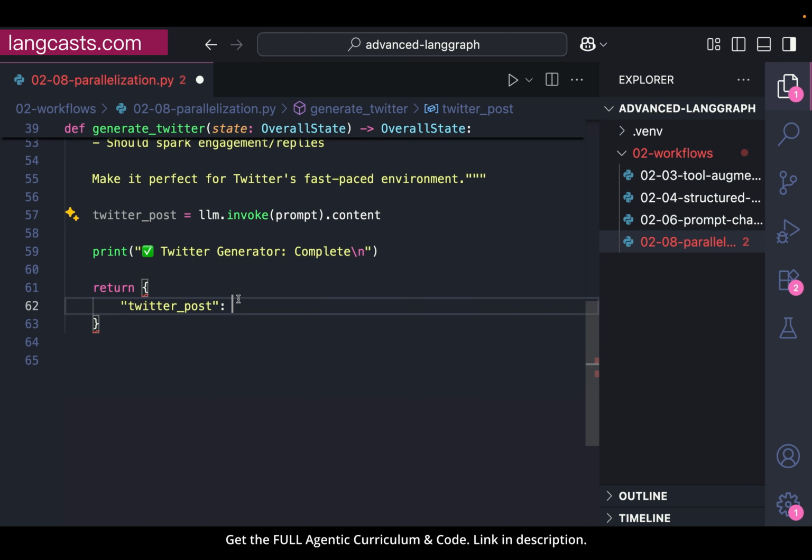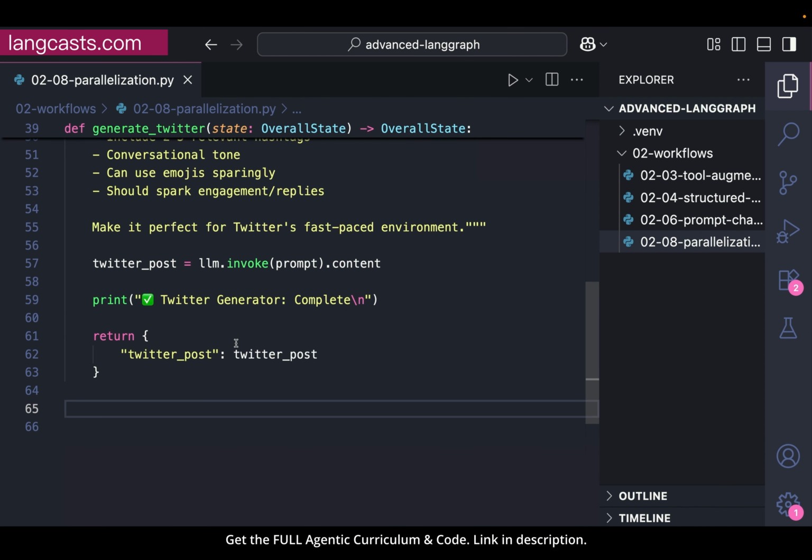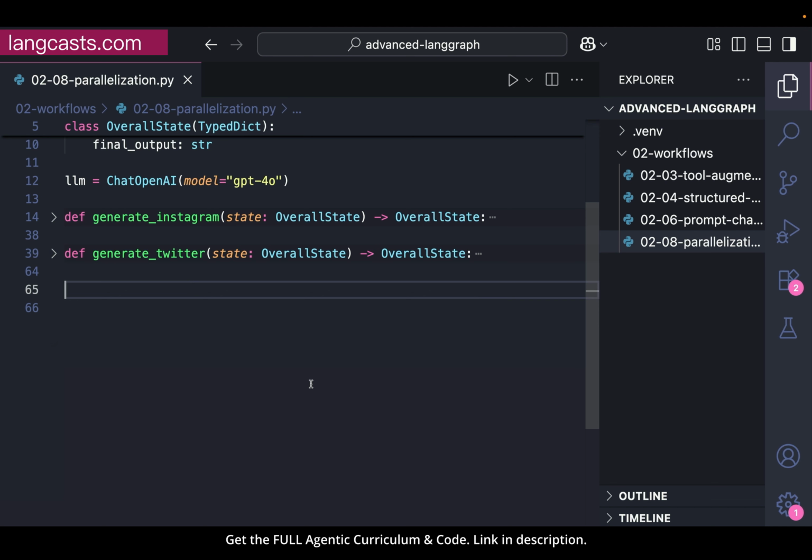Twitter post. Good. We're done with the second node. Don't worry, we're very, very close. The third node is going to be for LinkedIn. Almighty LinkedIn. So generate LinkedIn